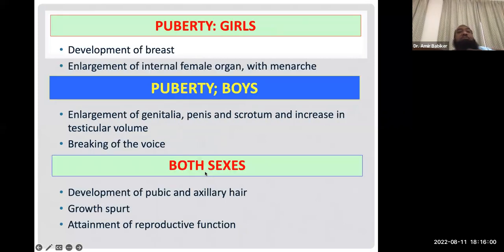طيب, we have I mentioned this development of the breast whatever and menarche, age of menarche whatever. طيب بعدين in boys we have the enlargement of genitalia and breaking of voice, ده كله طبعا adrenal function. In both genders we have the pubic axillary growth spurt. طبعا بس حاجة مهمة أنبه لها, الأكسيلاري hair try to ignore it لأنه it's very أول شيء هو 3 stages